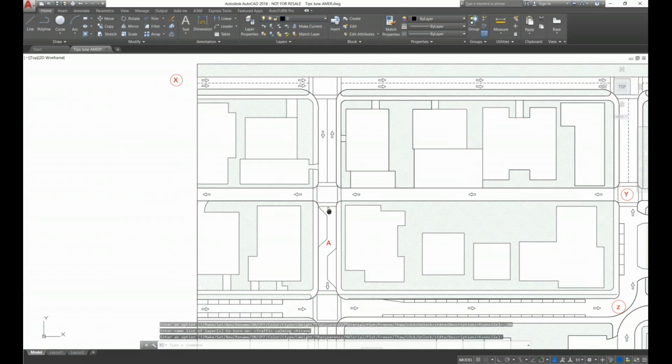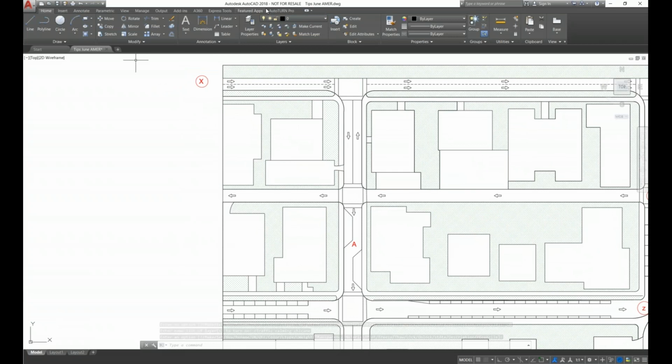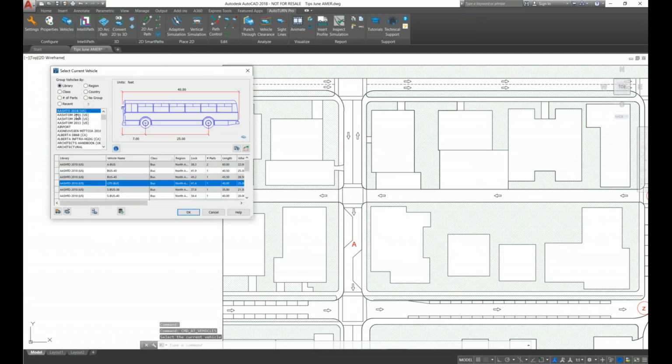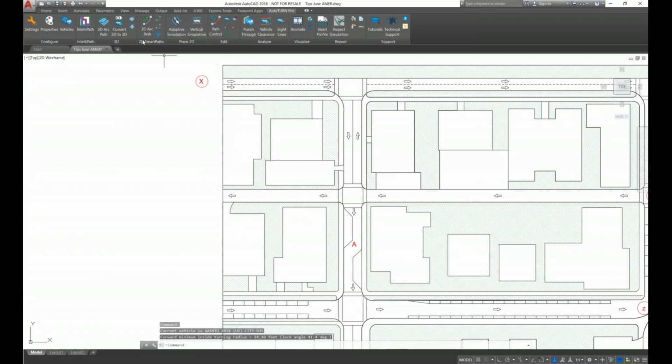So you can see this is a typical situation and we have to check this particular movement, which is XZ, or the route for a bus, or a city bus. Let's see how to do it with the ArcPath tool, just a conventional tool, and let's go to vehicle. To select the relevant vehicle, let's go to the AASHTO 2018, which is the latest library from AASHTO, and let's select the city bus, click OK. And now going to the 2D ArcPath tool,